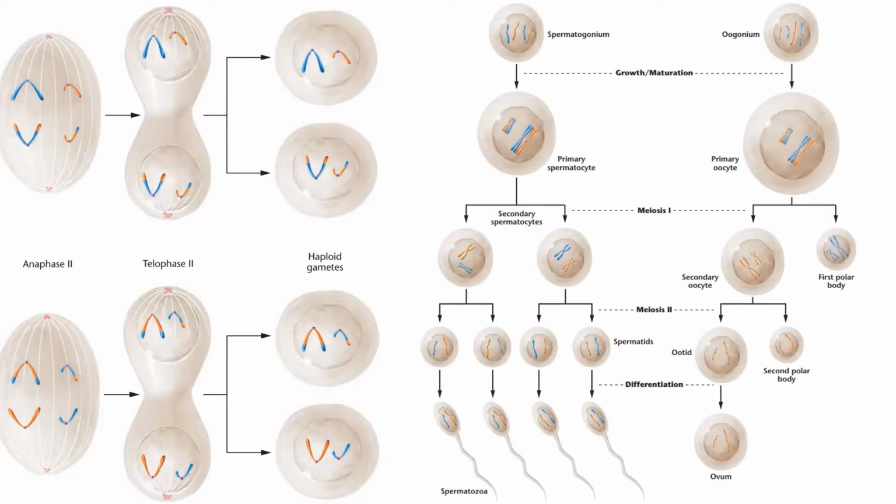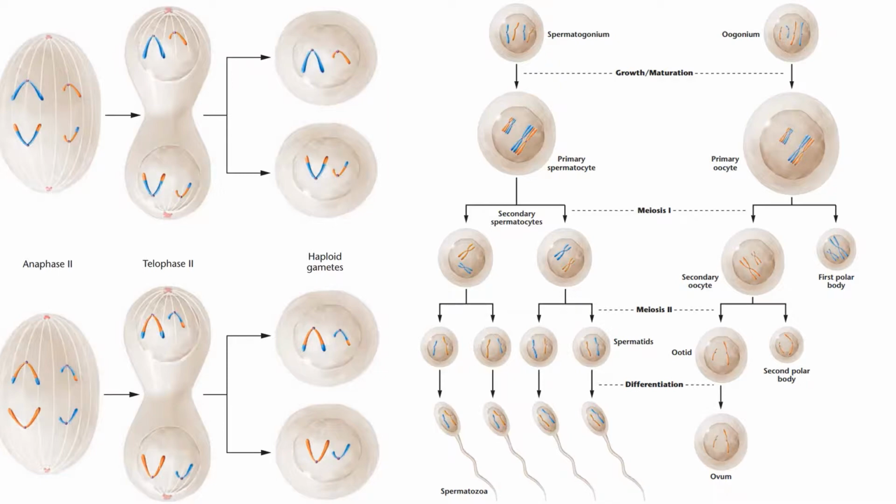So this is an overview of what actually happens in the formation of gametes. We call this gametogenesis. On the left here, we have spermatogenesis, the formation of new sperm cells. And on the right, we have oogenesis. In spermatogenesis, we can see here that the sperm cells, which are haploid, actually come from a diploid cell